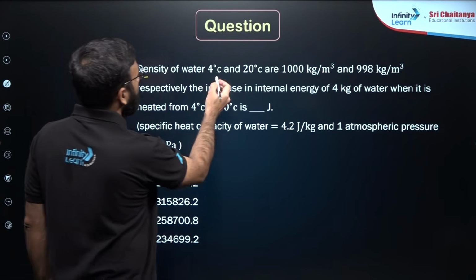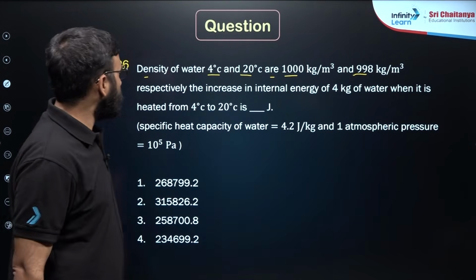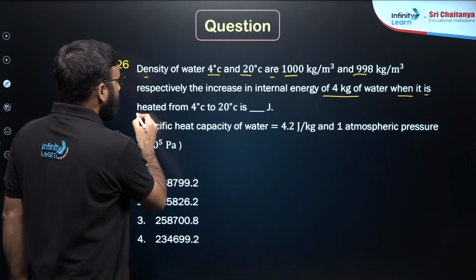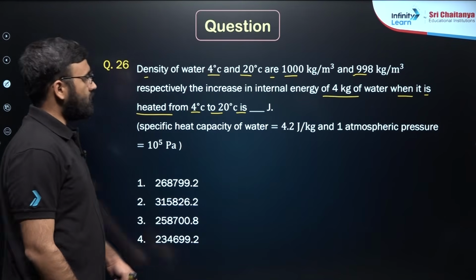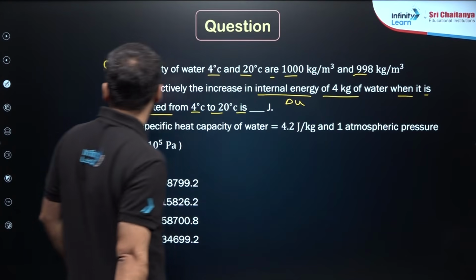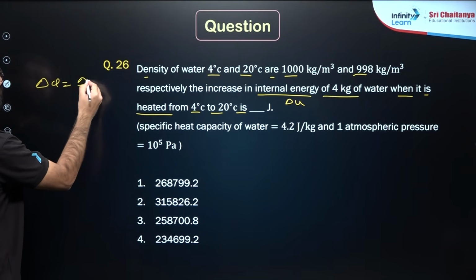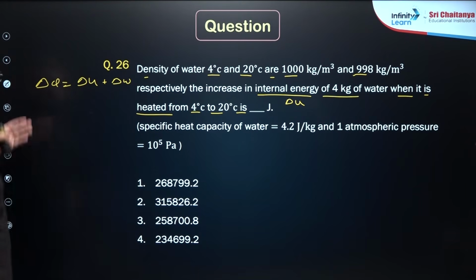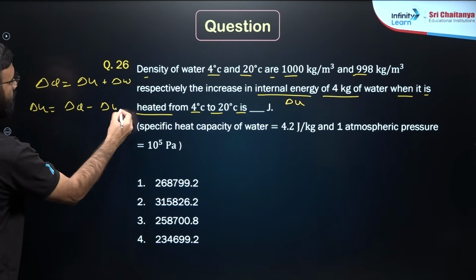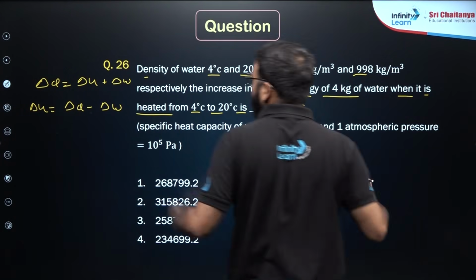The densities of water at 4 degrees Celsius and 20 degrees Celsius are given respectively. The increase in internal energy of 4 kilogram water when it's heated from 4 degrees Celsius to 20 degrees Celsius, that is what they will ask, internal energy delta U. According to the first law of thermodynamics, delta Q equals delta U plus delta W. So delta U equals delta Q minus delta W. First we can easily find the heat supplied, delta Q,